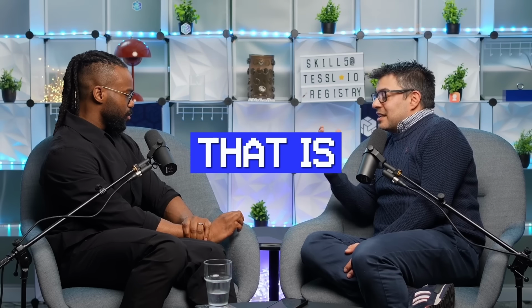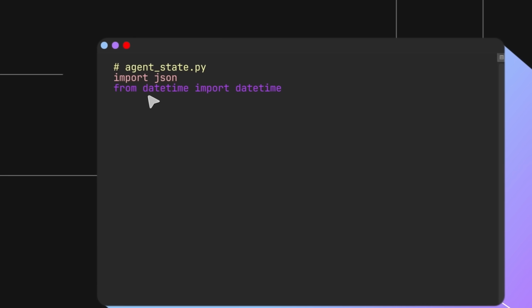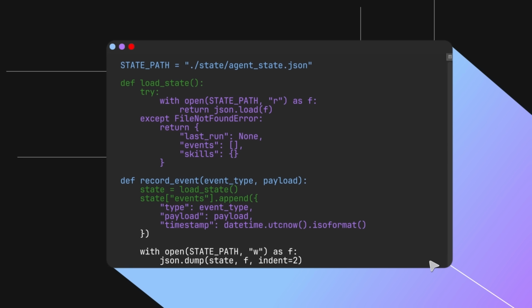What would you say are the kind of like differences or benefits of the approach in a file system versus like context that is from a database? The key benefits of using a file system is the speed at which they can build. When you don't have to worry about infrastructure, components, and tool selection, you're just using files. But that speed comes at a cost. And the cost is